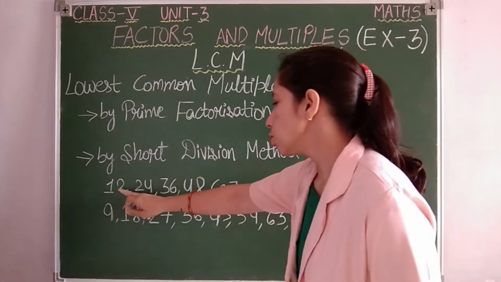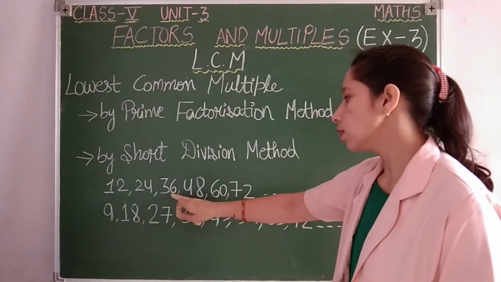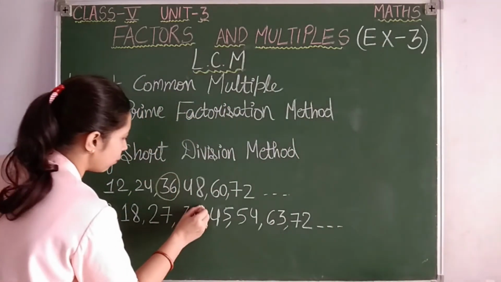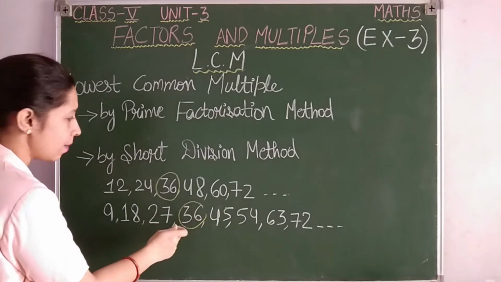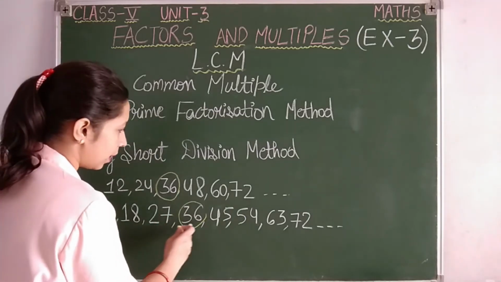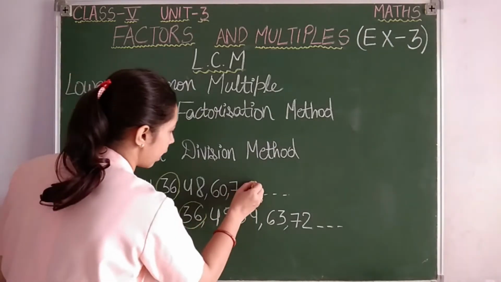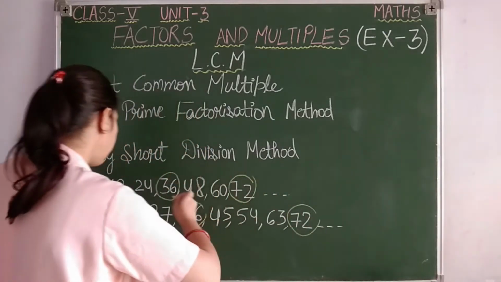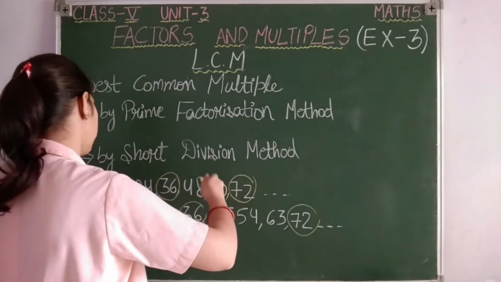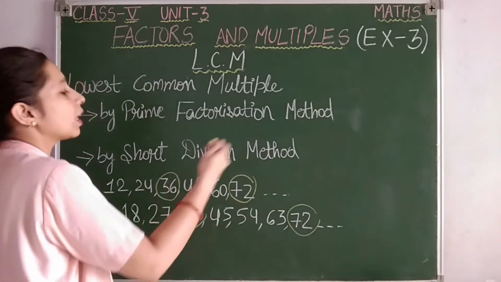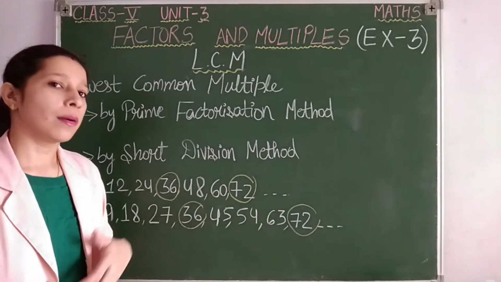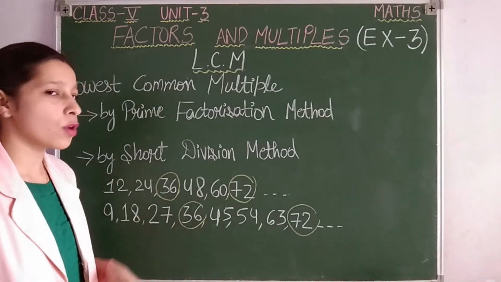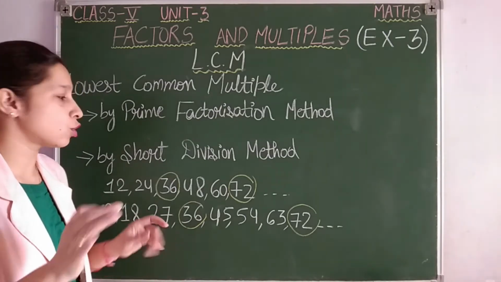Okay students, 12, 24, 36, yeah, you can see here 12 3s are 36, 9 4s are 36. Same multiples, na? Then any other multiple which is common? Yes, here we are getting 72, here also we are getting 72. And if you multiply 12 or 9 with other natural numbers, again you will get common multiples in continuation. But I am just giving you examples, so we will stop here only.